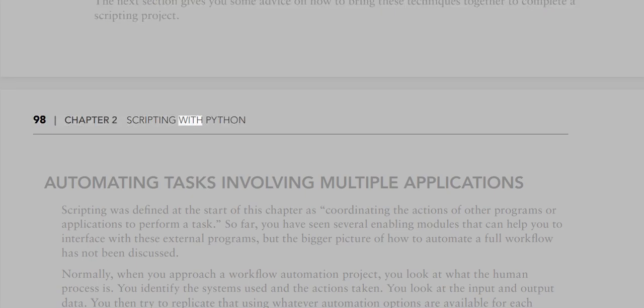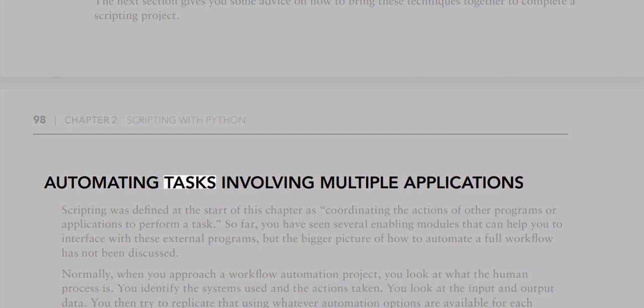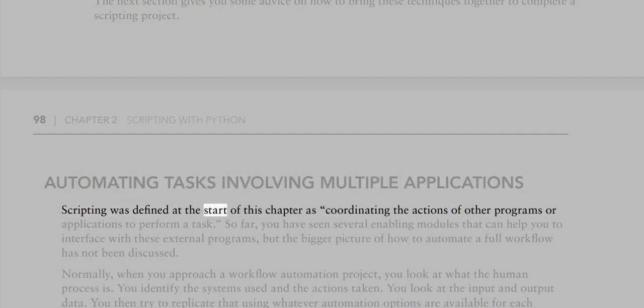Chapter 2, Scripting with Python. Automating tasks involving multiple applications. Scripting was defined at the start of this chapter as